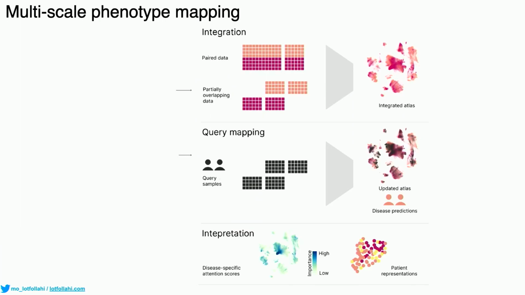Ultimately, what you could do with this, you can create a reference using multiple modalities. You can query this reference using data sets that are not necessarily matching the reference. So you could have some missing modalities, so let's say if you've created a reference with gene expression and chromatin accessibility, now that you have patient data that only has gene expression, you can still use this method. And it gives you this out-of-the-box interpretability to find what is healthy, what is diseased. And I won't show it here, but it also gives you a patient manifold that allows you to do some